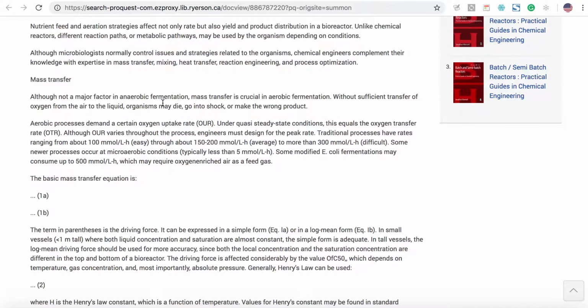Mass transfer. Although not a major factor in anaerobic fermentation, mass transfer is crucial in aerobic fermentation. Without sufficient transfer of oxygen from the air to the liquid, organism may go into shock or make the wrong product. Aerobic processes demand a certain oxygen uptake rate under steady state conditions. This equals the oxygen transfer rate. Although our